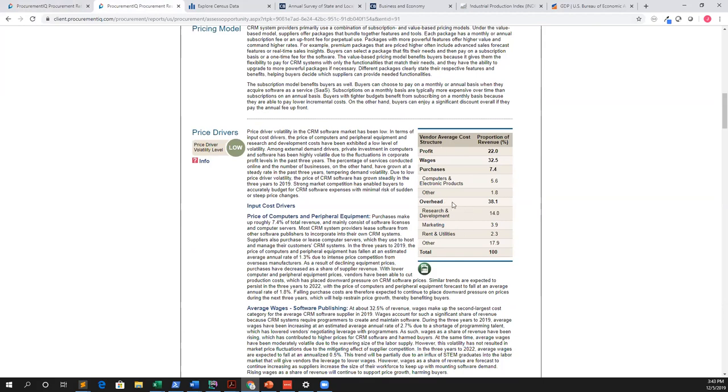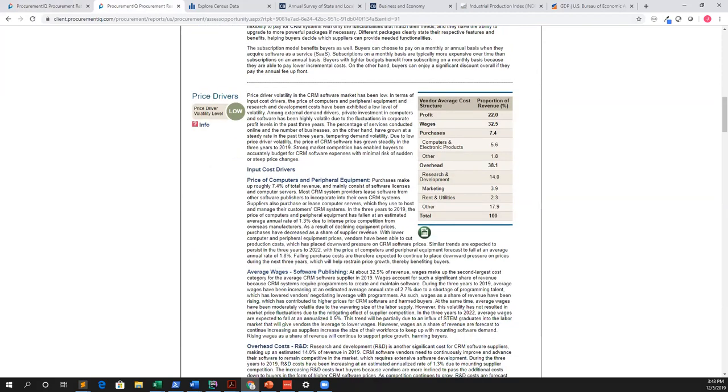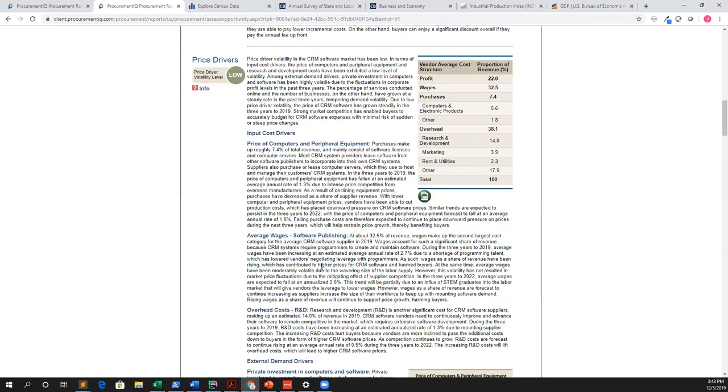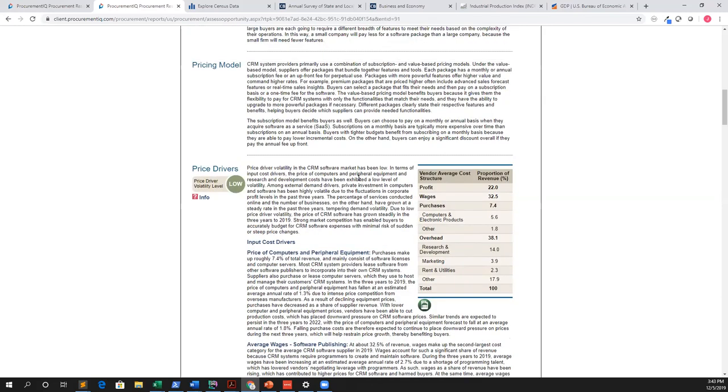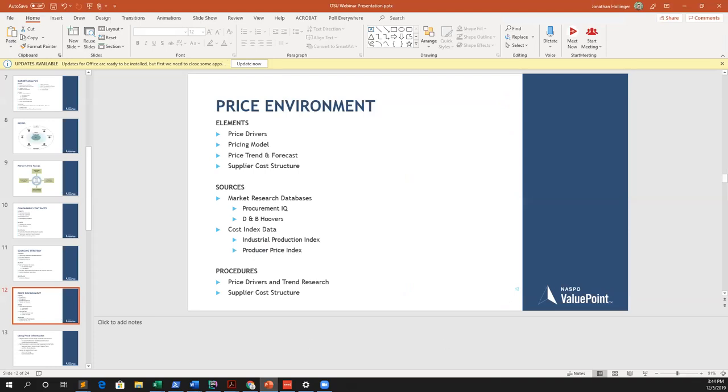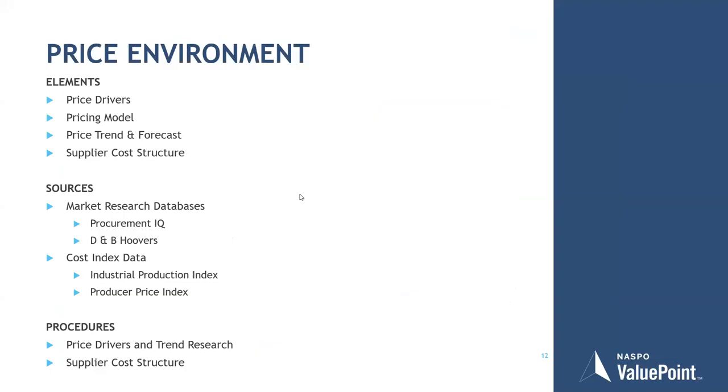The bulk of the price drivers are wages. You have some reliance on the price of computers and other equipment that's required as part of that. But for the most part, you're looking at intellectual property in this case. And so you have a very different way of approaching this negotiation. It's a much higher profit margin. The model is a subscription model. So you're typically going to want to approach this differently. And I will jump back into my slides now and talk a little bit about how you could approach those